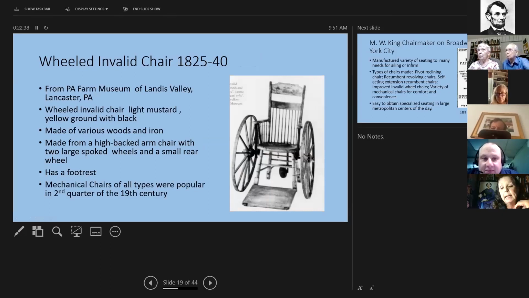It's also made of various woods and iron, made from a high back chair with two large spoke wheels and a small rear wheel. It does have a footrest, and mechanical types of all these chairs were popular in the second quarter of the 19th century.